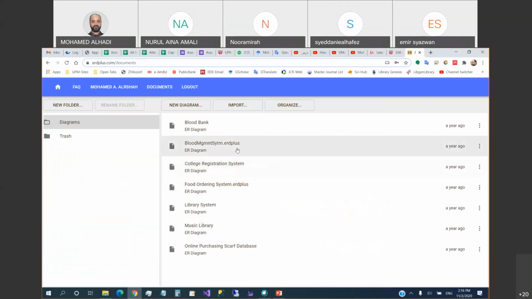Here last year we had many groups. We had the blood bank project or the blood bank system and the blood management system. It's the same. Actually, they changed the name. At the beginning they were using blood management system. After that, I advised them to change it to blood bank. So this one is